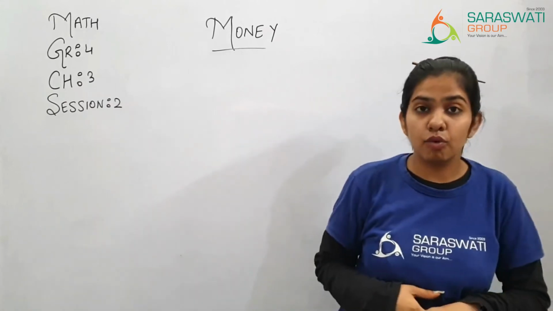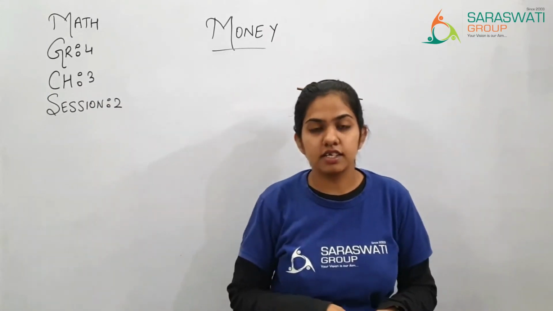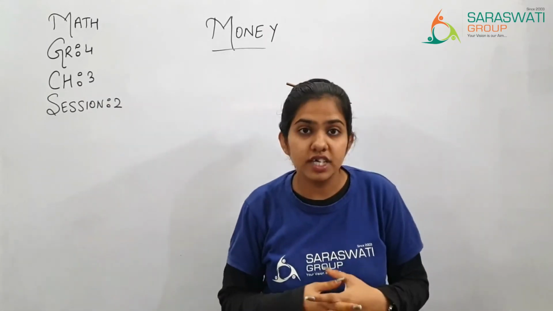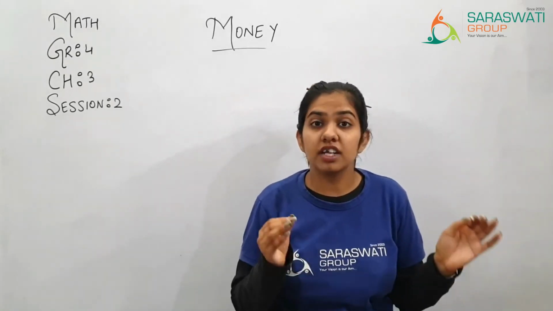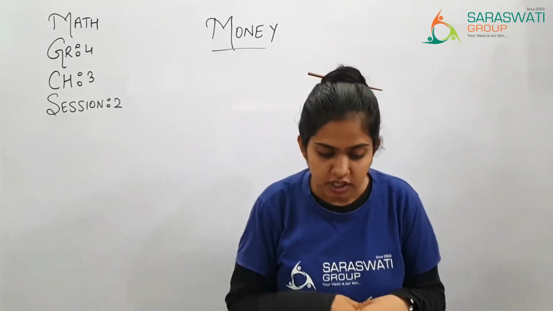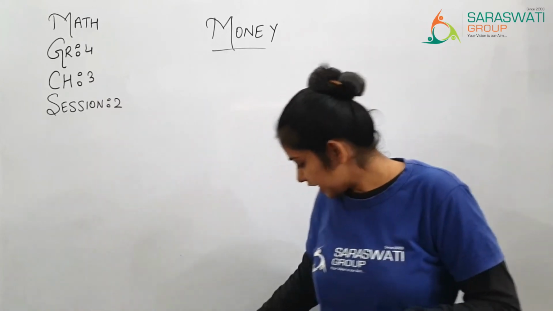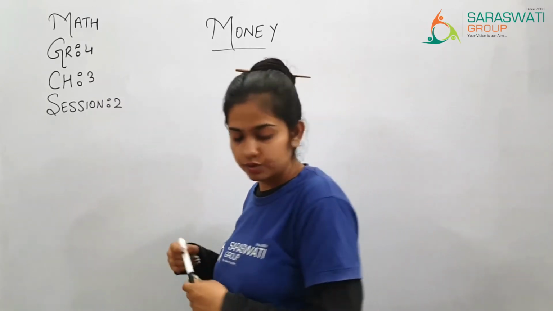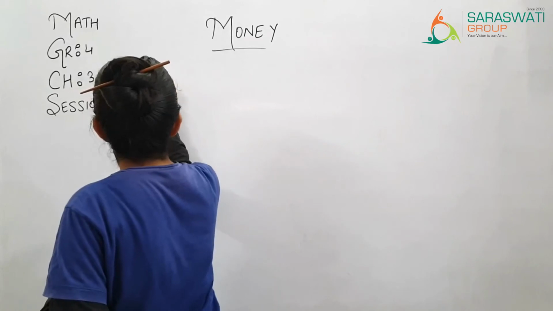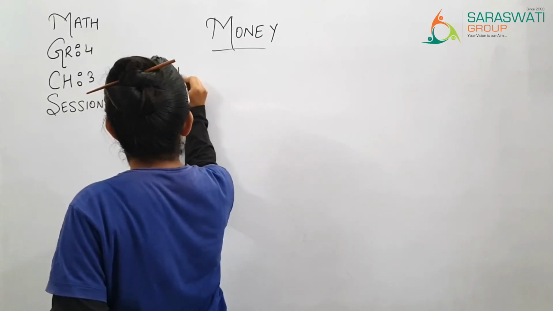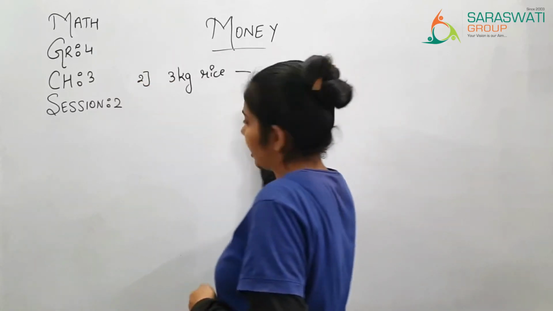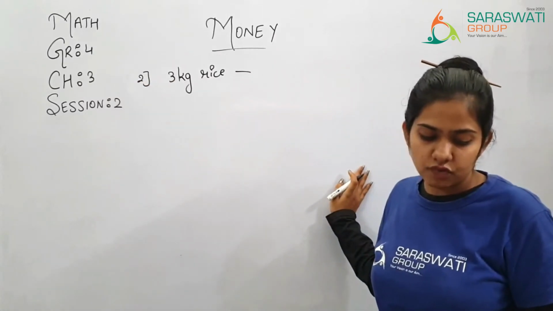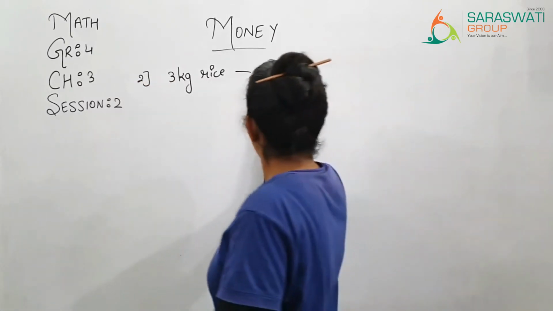is: a customer bought the following provisions at the A to Z stores. कई सारी वो चीजें लाता है. 3 kg rice at this per kg. So let us write so that we will come to know. 3 kg rice at what rupees? At rupees 52.50